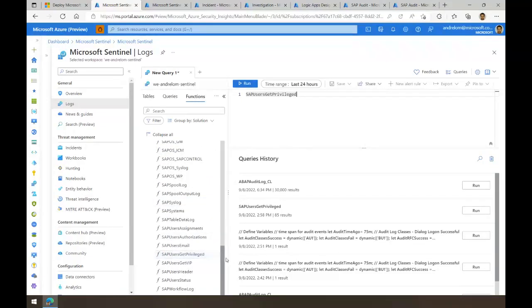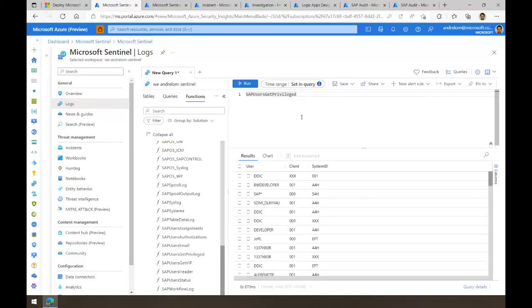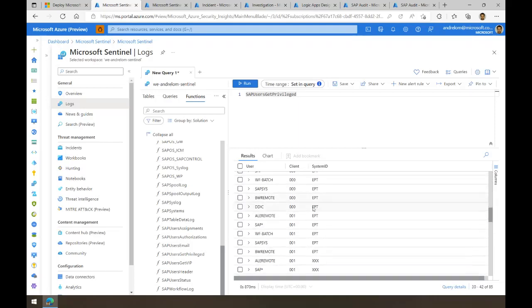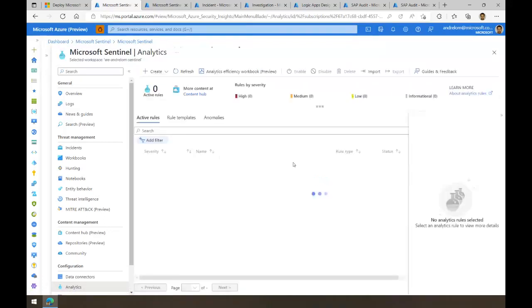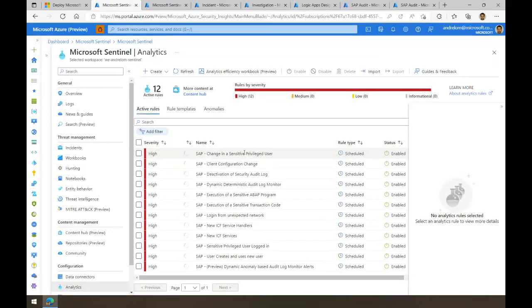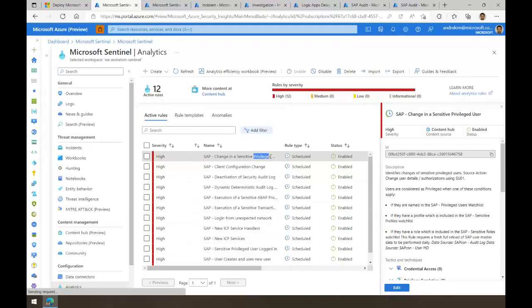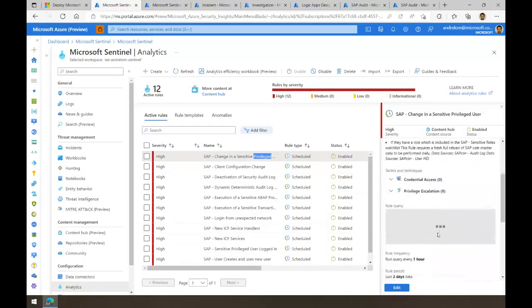For example, we've got a function, SAP users get privileged, which, well, guess what it does? It goes through the watch lists, it goes through the data gathered from the SAP systems, identifies which users have been granted which roles, compares it with what's defined in the watch list, and spits out a list of those privileged users to you. Now, why am I talking about that so much? Well, because we started in the change in sensitive privileged user, we started with this privileged word, and if we